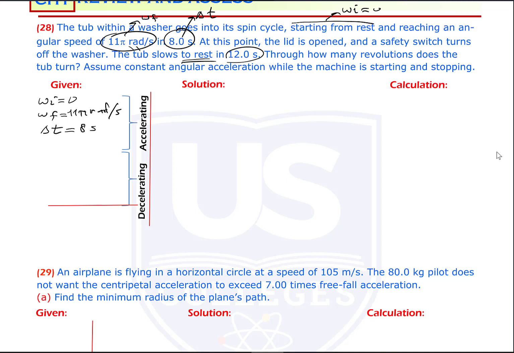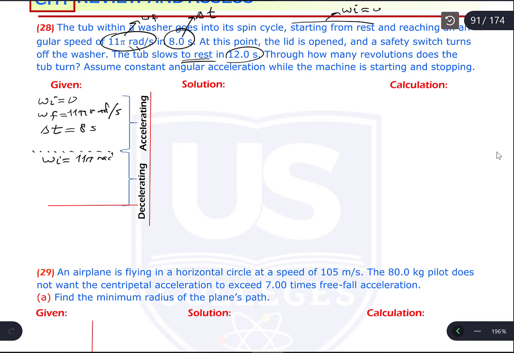After this point on, this tube starts to decelerate. Now I am going to record the given for this decelerating part. If it is decelerating, of course, this tube must decelerate from the final speed it reached in the accelerating part. That's why initial speed for the deceleration part is going to be the final speed of the acceleration part. So 11 pi radian per second is the initial speed, and it slows to rest, which means final angular speed for the deceleration part is going to be 0, and this change in the speed